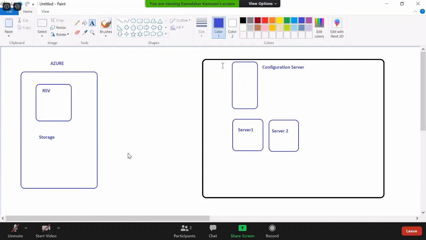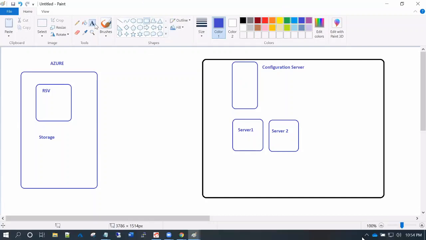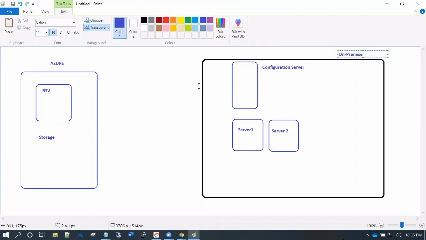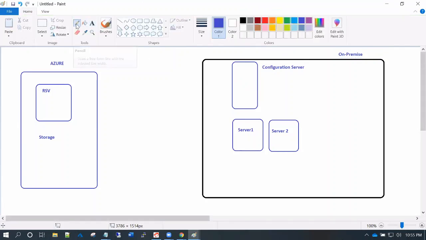Okay. All right. So the scenario which we are speaking about is migrating your workloads from on-premises to Azure. So let us just treat this as your on-premises environment. And I would say you have two servers which are running on your on-premises. Your requirement is to migrate them to the Azure platform, without any downtime. So that is the scenario that you have at the moment.